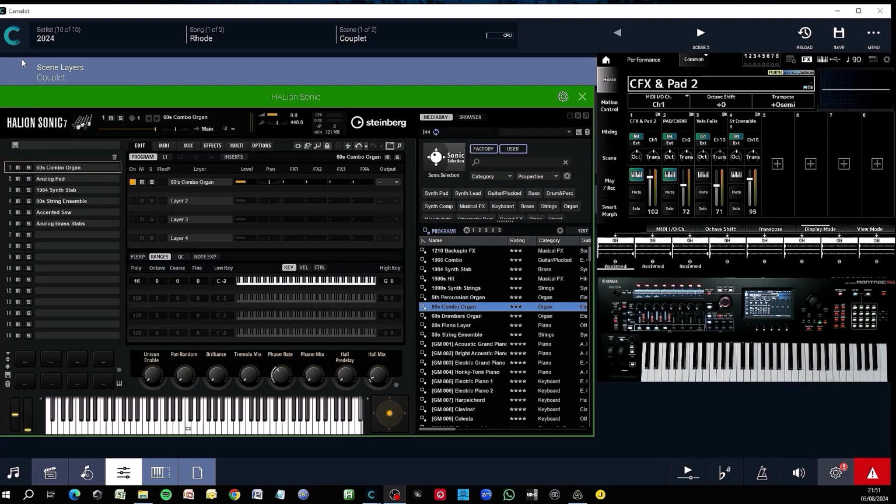Obviously, I'm using Camelot Pro, and to keep up with Yamaha and Steinberg, I'm using HALion Sonic. You can see that I've set up 6 parts, and each one reacts on its own MIDI channel, a bit like the idea of Montage or Modx in multi-mode. Here, MIDI channel 1, 2, 3, 4, 5, and 6, quite simply.